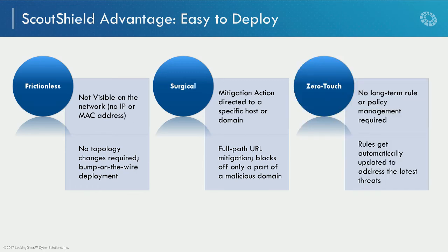And then it's a zero-touch operation. Unlike any other security appliance, ScoutShield doesn't require any long-term rule sets to be maintained. There are no policy management or change management processes required, because at the end of the rule set there is an implicit allow, which means if there are no rules and policies in place, the traffic is allowed. Unlike a firewall where there is an implicit deny,